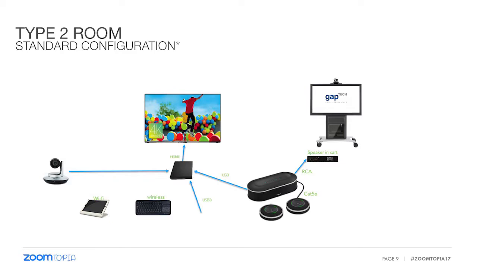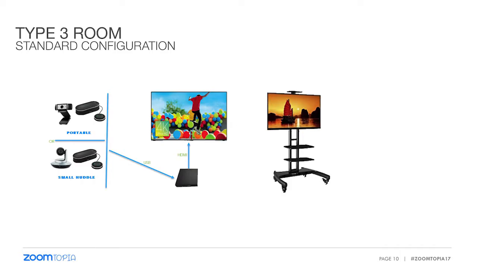If you go to the Type 3 room, the Type 2 room is just a single screen room. Type 1 is a dual screen room. This is a mobile cart. This isn't even running the Zoom Room software. It's running Zoom desktop in a person's office. We even put the high-end microphone system on that because one of the things we've defined as part of our systems was